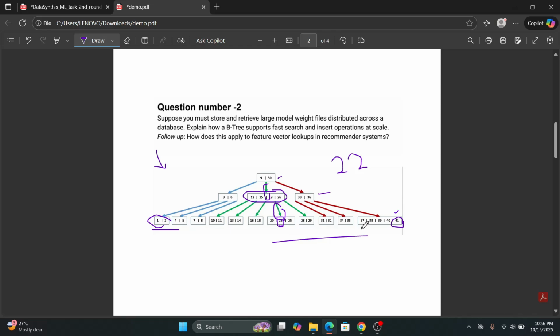Even during insertion, the new weights are added in a sorted order. Let's say the last node had an overflow here if we wanted to add something here. So in B trees, the node would actually split in half and one key would be passed up to the parent, and this would still keep the entire B tree balanced, guaranteeing the same insert time even in very large